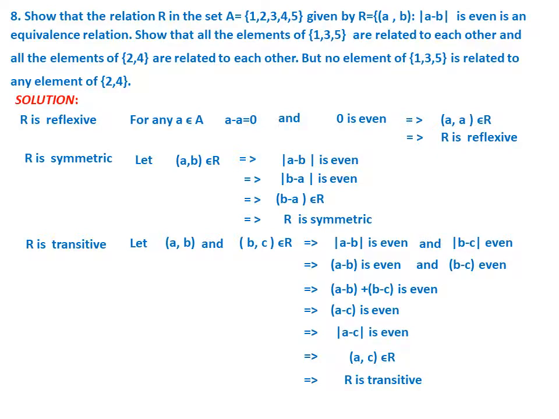So the first part we have actually proved, that is, it is reflexive, symmetric and transitive. Therefore R is symmetric, reflexive and transitive. So it is an equivalence relation. So this is the first part. But the question is not complete. We have to prove the next part. The elements belonging to {1, 3, 5}, each one is related to the remaining, and similarly {2, 4}, but no element of the first set is related to any element of the second set. This we have to prove. Let me go.